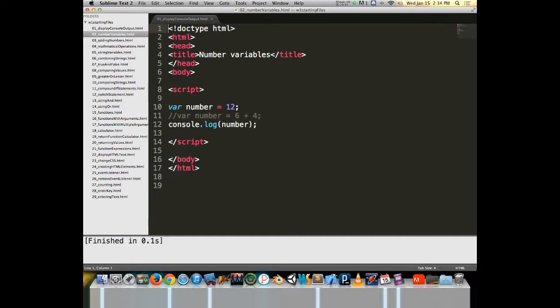We just type in var, V-A-R, and then whatever name we want our variable to be, and then an equal sign and whatever value we want to assign to that variable. Single equal sign is used for assigning a value. So with this, in many ways, it makes it a whole lot easier, but in some ways it makes it harder because by not having to specify in the beginning what kind of data type a variable is,